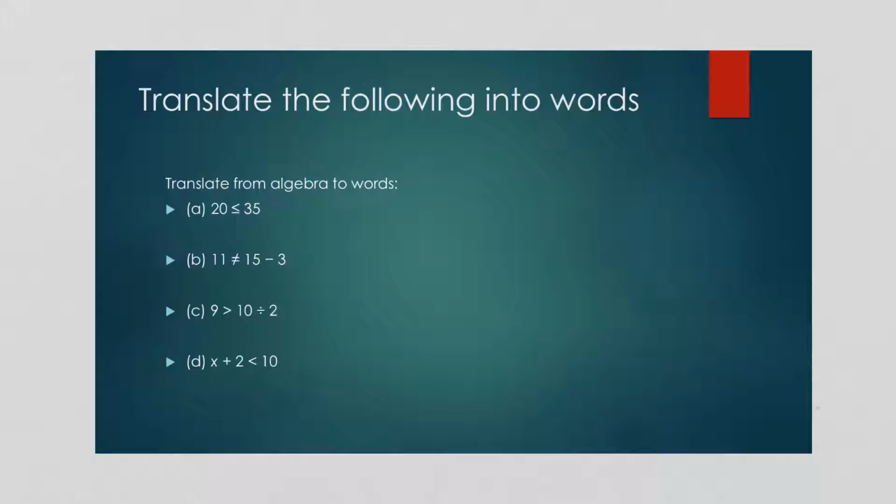Alright, so now we're going to translate this into words. So we read this from left to right. So this says 20 is less than or equal to 35. The next one, part B, says 11 is not equal to 15